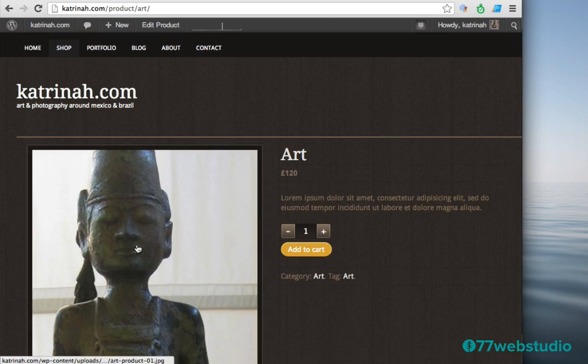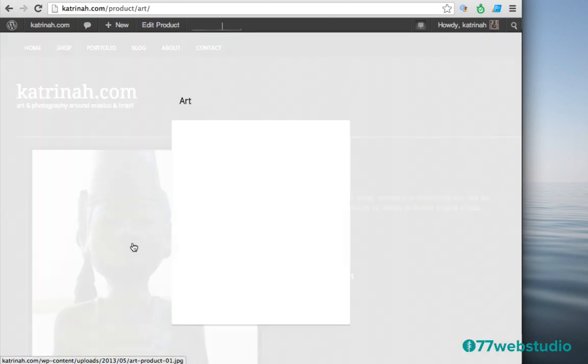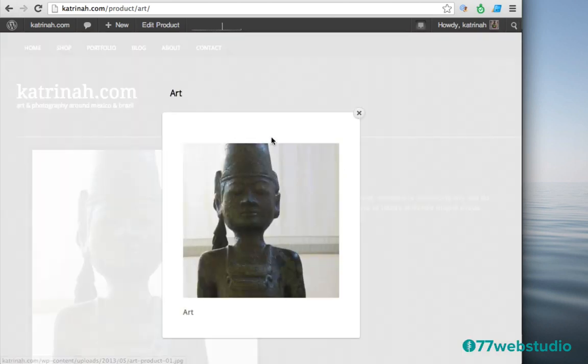Also, keep in mind that when I click on this image, it opens up into a lightbox display so I can have a better view of the image. You can change the lightbox display thumbnail size by changing the settings both in the Buro theme options as well as under Settings, Media.